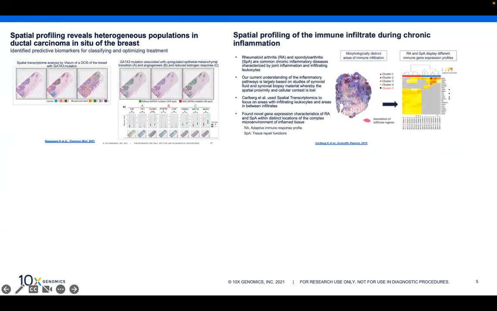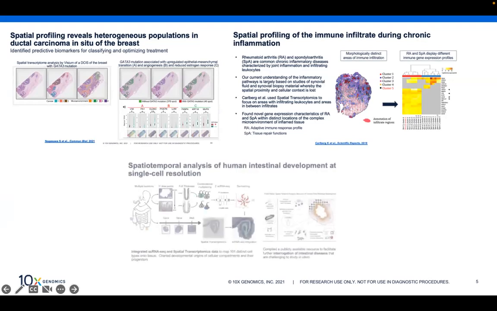Carberg and Pierce out of Stockholm, Sweden, looked at synovial biopsies to study rheumatoid arthritis and also spondyloarthritis. By looking at these biopsies, they were able to find novel gene expression characteristics of both these inflammatory conditions. Faulkner, Corbett, and Pierce out of University of Oxford spatially profiled the development of the human gut,